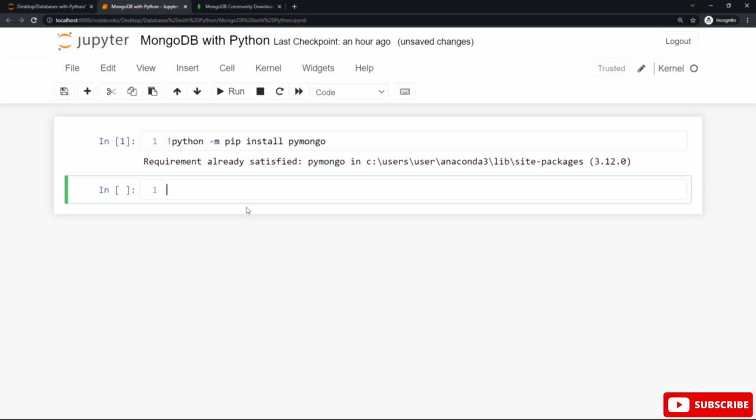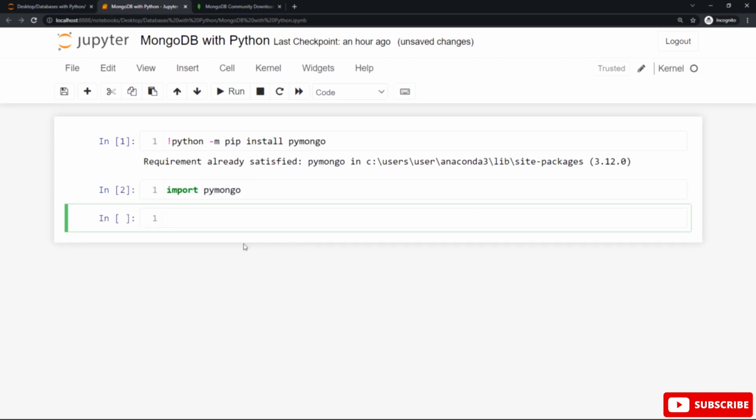If the statement is executed with no errors at all, the PyMongo driver is installed and ready to be used, so you can use MongoDB databases with Python with no problems. Type import pymongo and hit shift enter, and you can see no errors. The PyMongo library is installed successfully, so we can use MongoDB in Python with no errors at all.